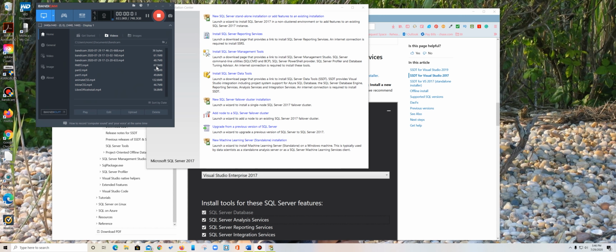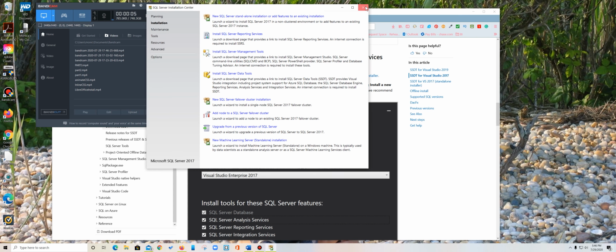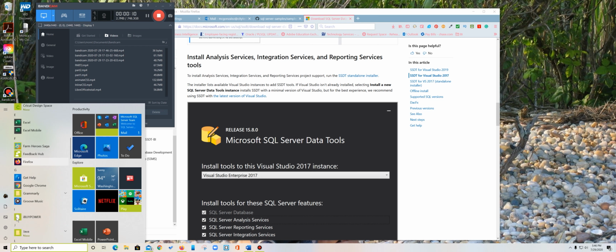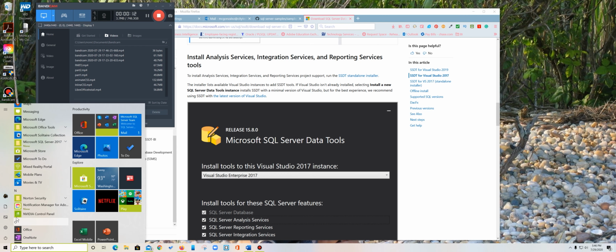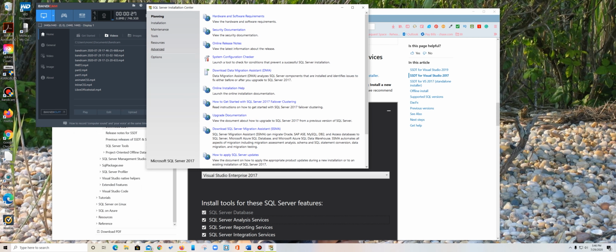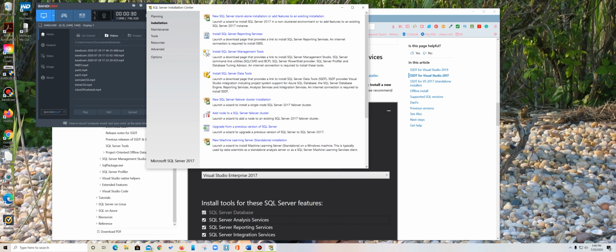All right, let's continue. So I did install everything. Let me close it here. So if I go to my start menu, Microsoft SQL 2017, I have my installation here. However, I don't have the management tools and nothing like that, so I'm going to have to do a second installation. So if I go to installation and I click on this SQL Server management tool,